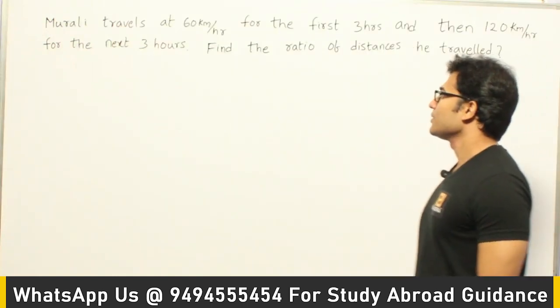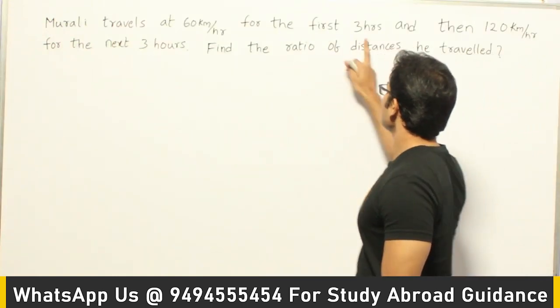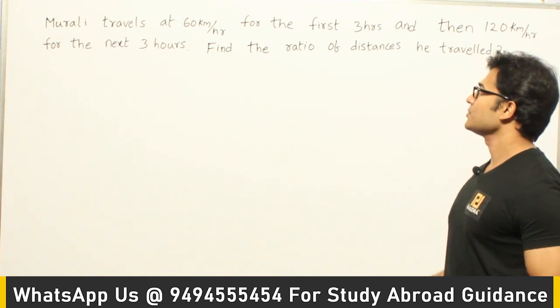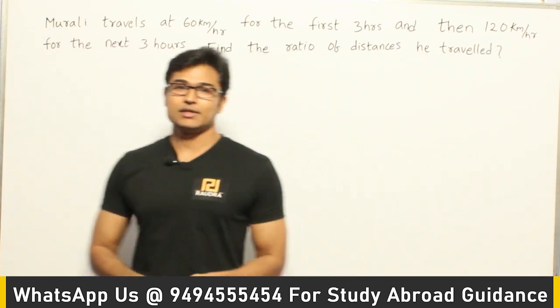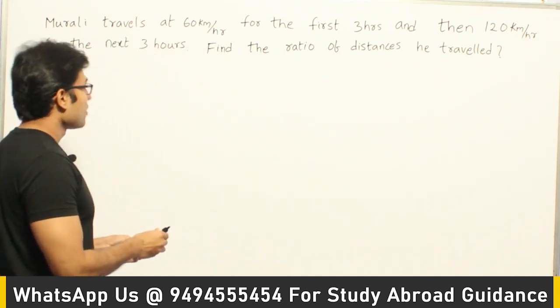Let's see this. Murali travels at 60 kilometers per hour for the first 3 hours and then 120 kilometers per hour for the next 3 hours. Then find the ratio of distances he traveled. So they are saying that